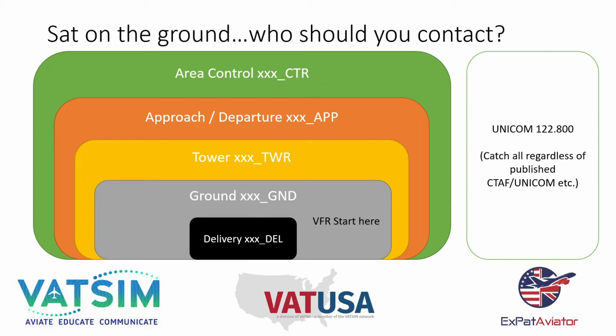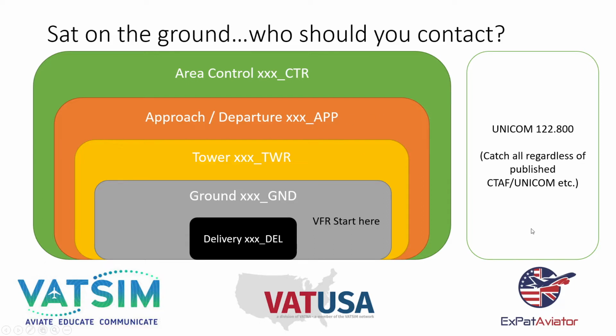And the way things work on VATSIM is not necessarily will everybody be online. So if you're on the ground at this airport, there's no delivery, there's no ground, but there's a tower, then tower are going to be doing all of the work of tower and ground and delivery. Likewise, approach. If approach is on and ground are on, approach are going to do approach and tower, and then the ground controller will do ground and delivery. And this works whoever's the highest, the person you bump up to when you go up this tree, that's the person that you talk to.